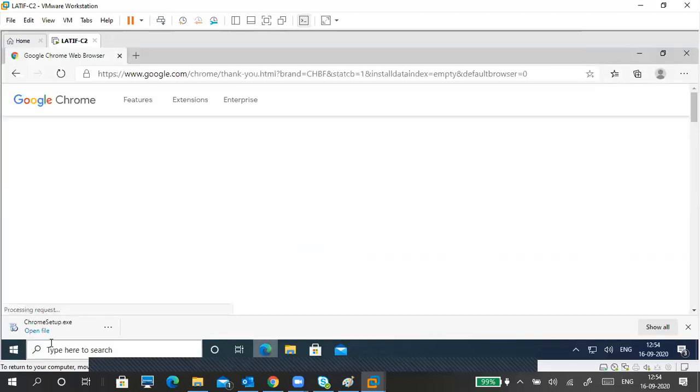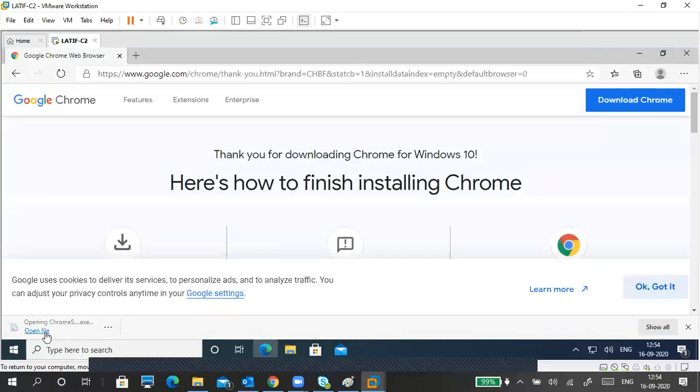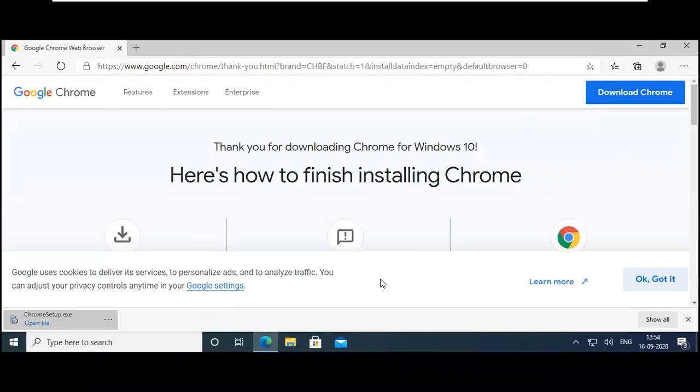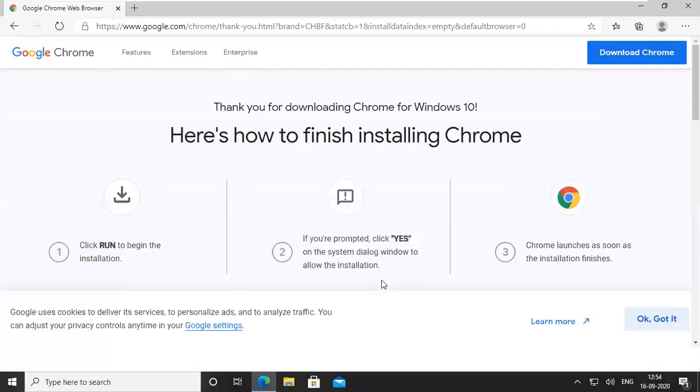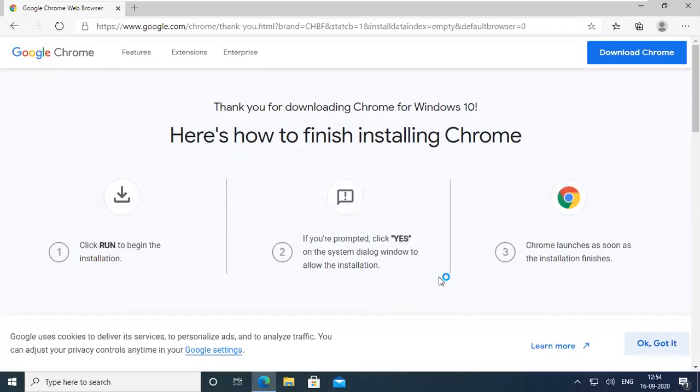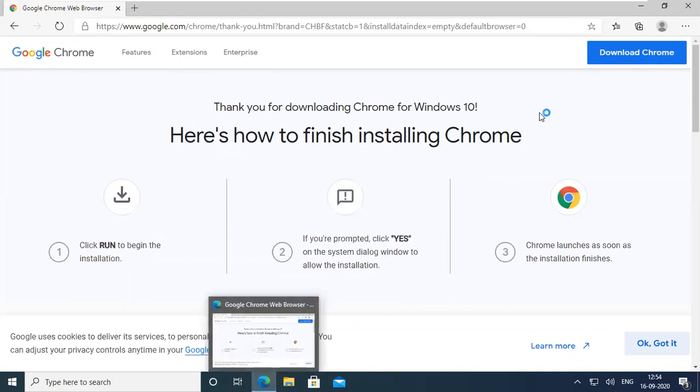I click on it, right? What is this dialog box? I don't get it. Only one.